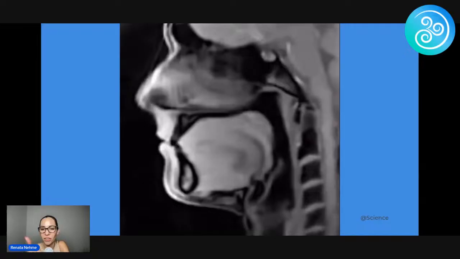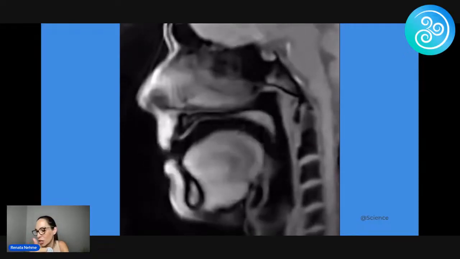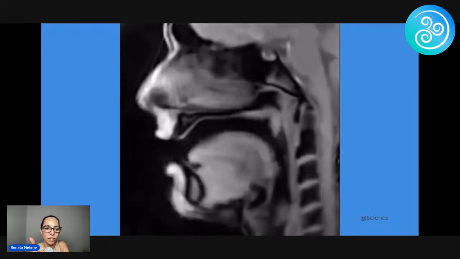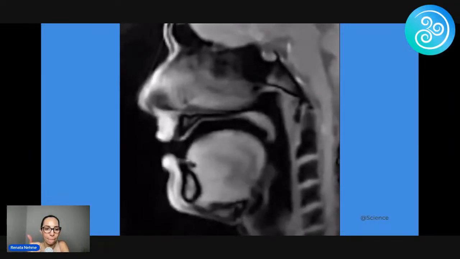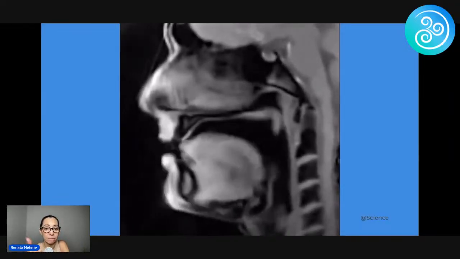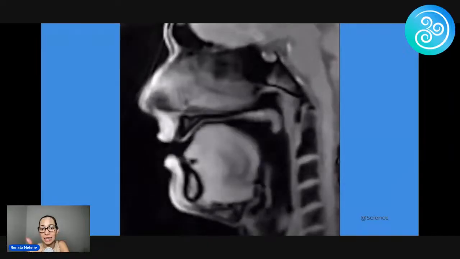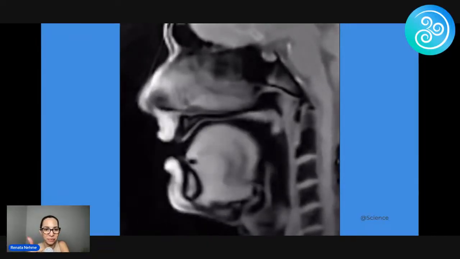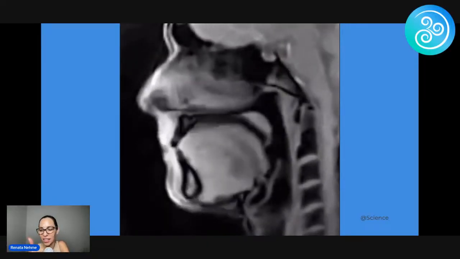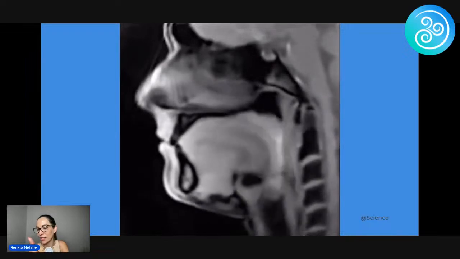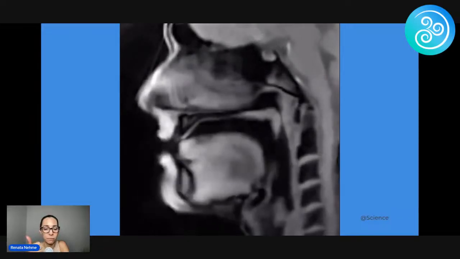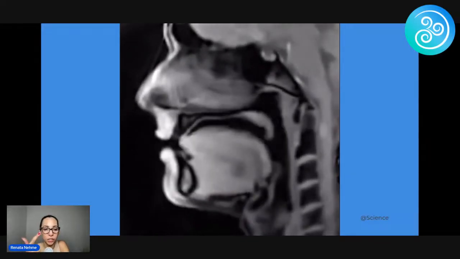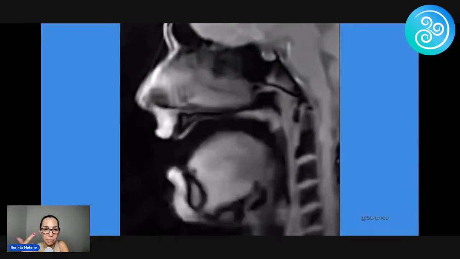How many patients do you guys get right here? Give me a percentage of how many patients you get that have crooked teeth, that have misaligned teeth. I'm curious to know, what would you say your percentage of patients have misaligned teeth? If you don't have enough room for your tongue in your mouth, your function is going to be impacted. Now, if you have a restriction underneath your tongue, your function is going to be impacted.